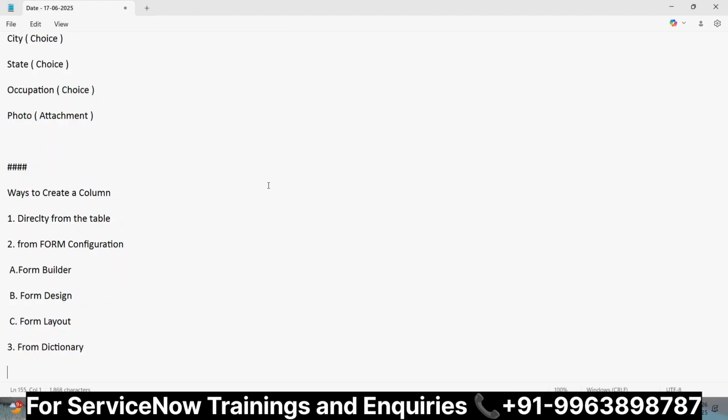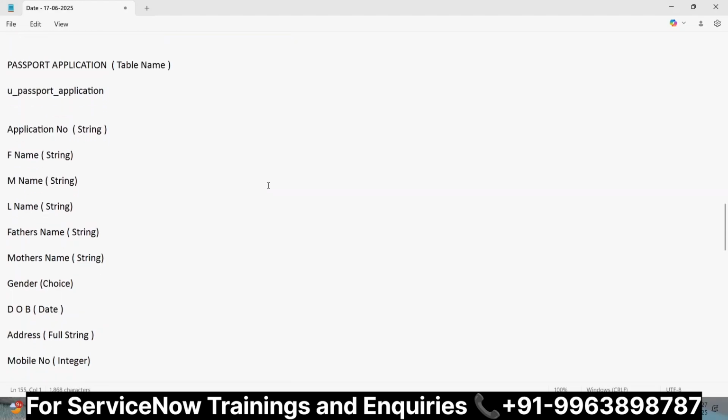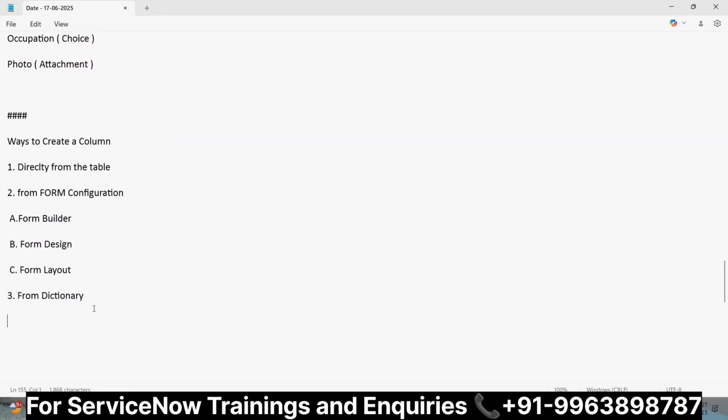Any doubts till now regarding creation of table, creation of columns in multiple ways? Can I take it as no? Can I move forward to the next topic? Yes. Then after creation of table,